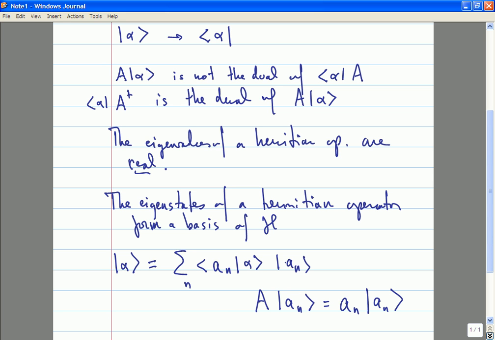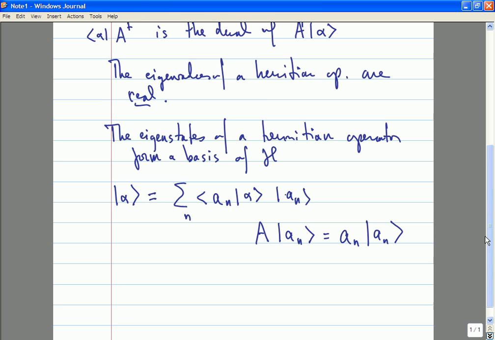This is one of these extremely slick notations where we use the notation A in 10 different ways to mean 10 slightly different things. But by working with some examples, you'll hopefully realize that this is an extremely slick and useful notation. So one way of summarizing this relationship is that the operator 1, which is the operator that doesn't do anything to states in your Hilbert space, is the sum over n of |a_n><a_n|. So this is one of the most important formulas in quantum mechanics.